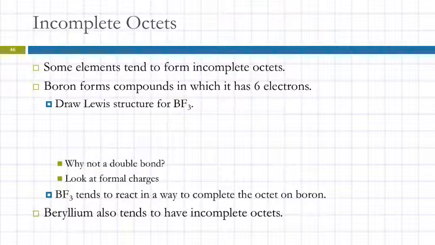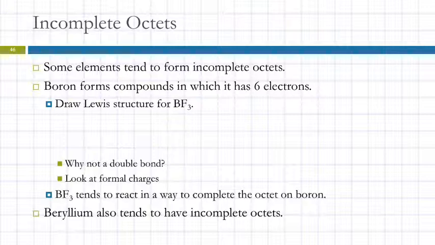So that's one way you can violate the octet rule. Another way is to have an incomplete octet. So we know that hydrogen and helium are only going to have 2 electrons in a compound because they're very small. There are some other elements that will also form incomplete octets. Hydrogen and helium follow their own special rule called the duet rule, but these other elements are kind of stuck in the middle. They're bigger than hydrogen and helium, but smaller than the rest of the elements,